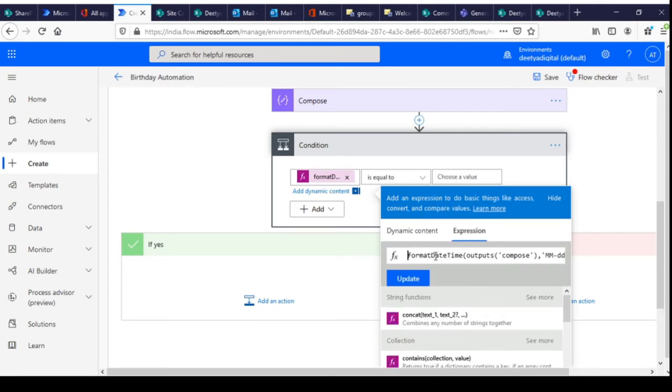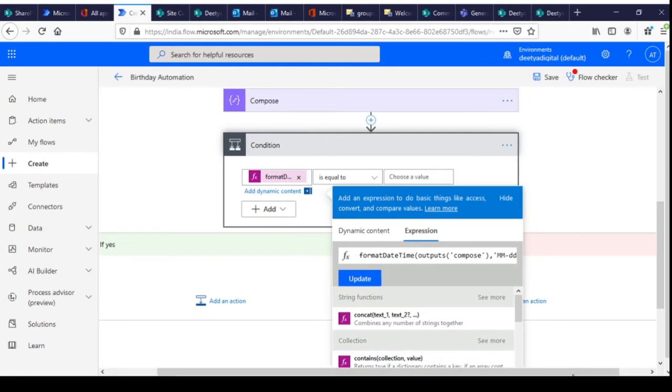What we did is use the format date and time function. It will format your existing date data into a specific date format. For example, if today's date is 1/1/2021, it will convert that data into 0101 only.